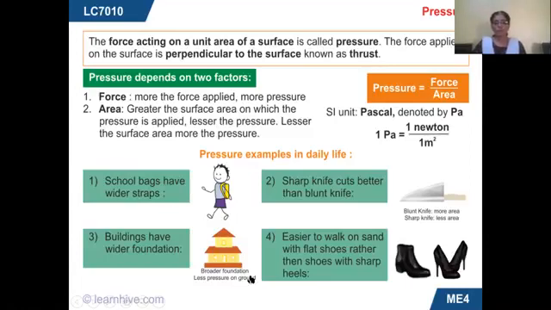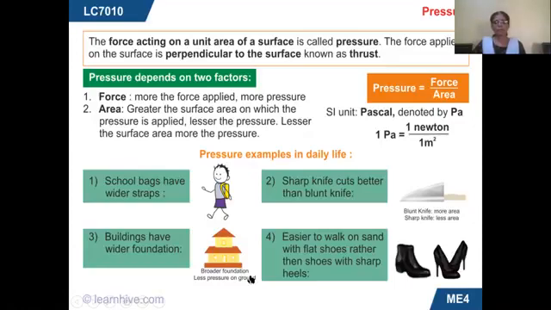how we use pressure in our daily life. For example, we can see that buildings have a very wide foundation, because if the force is applied on a larger foundation area, then the pressure exerted will be very less. So the building can withstand for